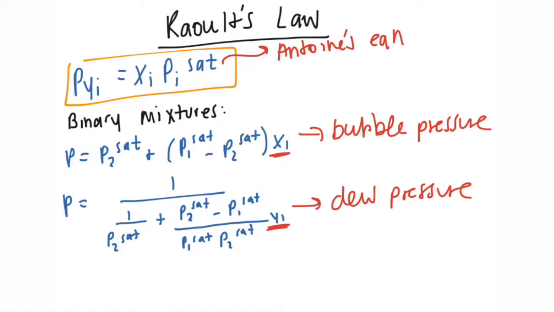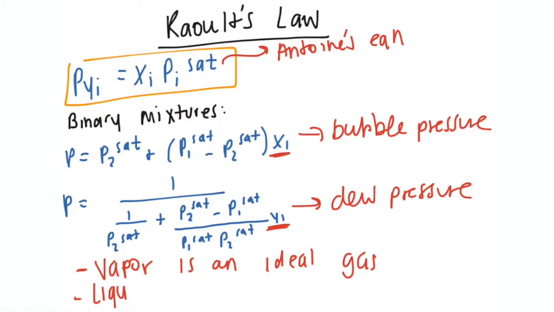Yeah, that's Raoult's law, and when you're going to use Raoult's law is really important. You use Raoult's law when you have evidence, or it's said, that the vapor is an ideal gas, and also the liquid is an ideal solution. So it's either going to be said, oh, the liquid is an ideal solution, or you might be given,